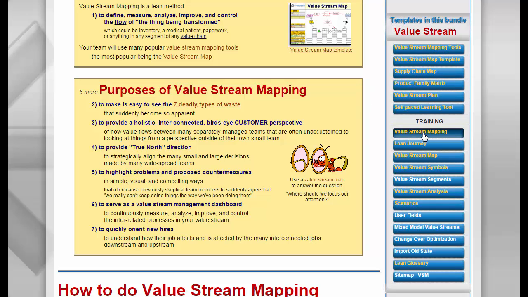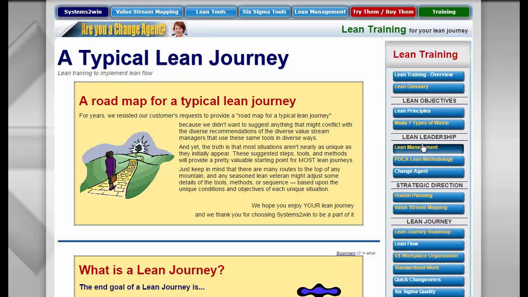This one is about how to do value stream mapping with or without a template, if that makes sense. And then this next training link is: when should we do value stream mapping? What preparations should our leaders have already made before we even begin forming our value stream team?